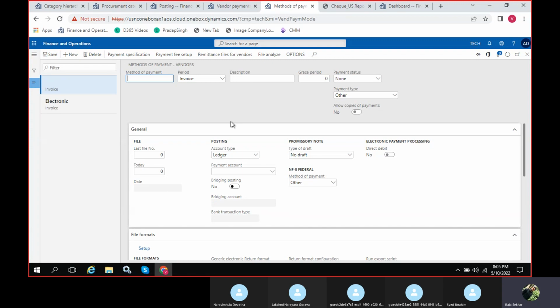Just select some payments, and then here select the payment status, whatever you want, and for payment type, just select check.